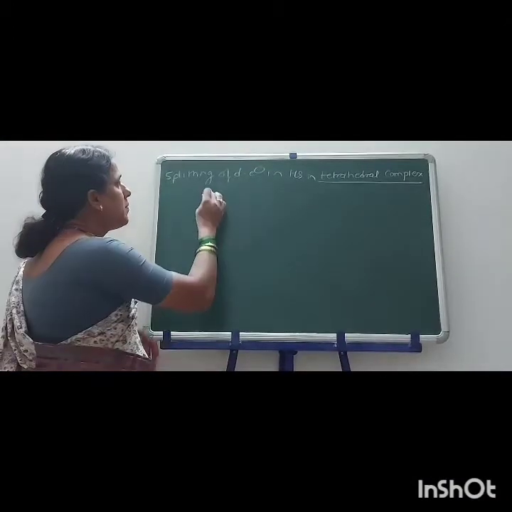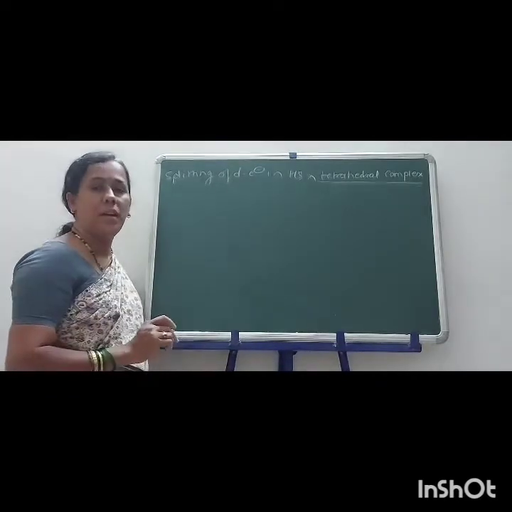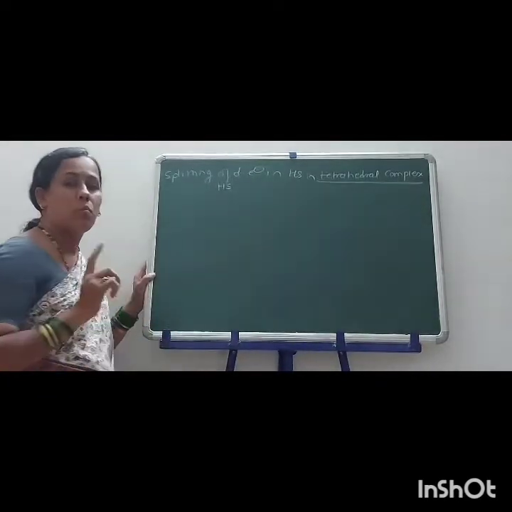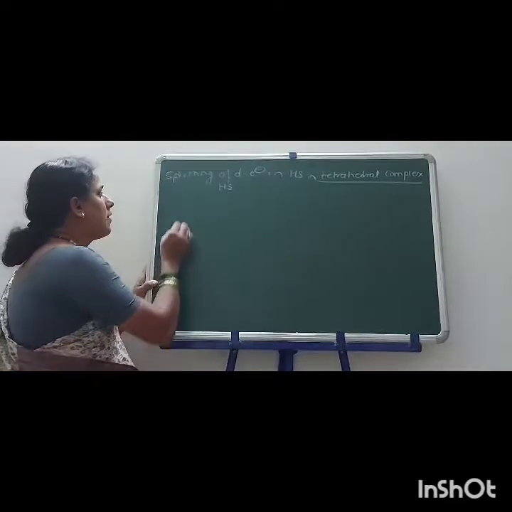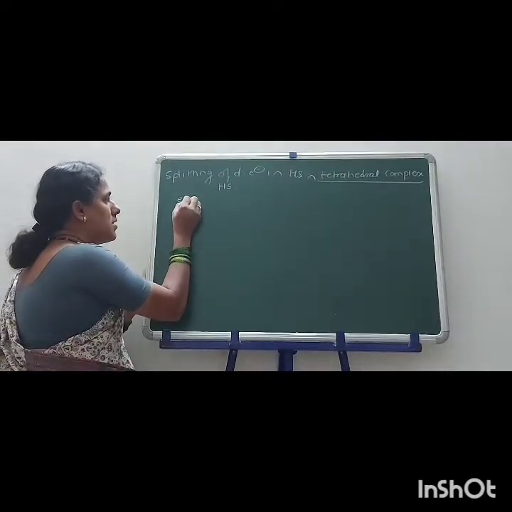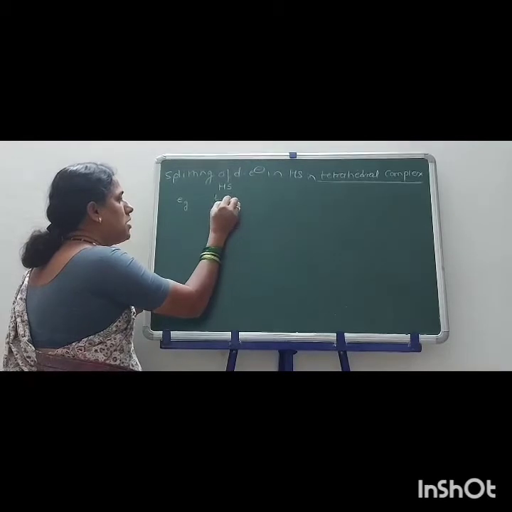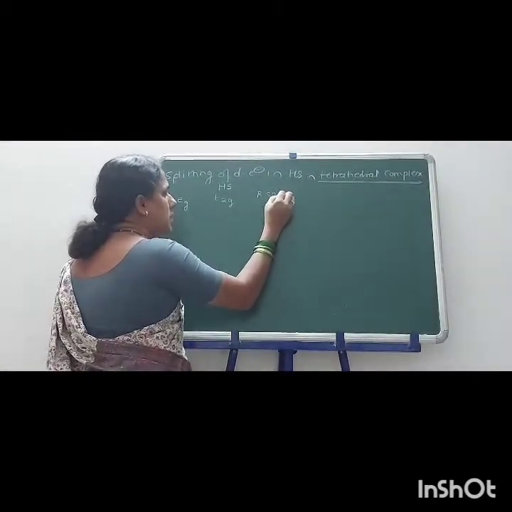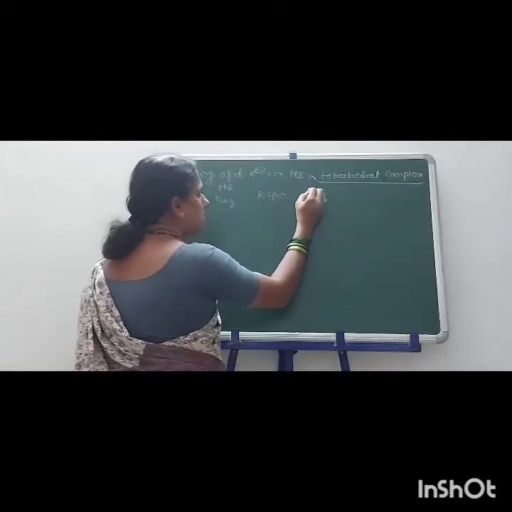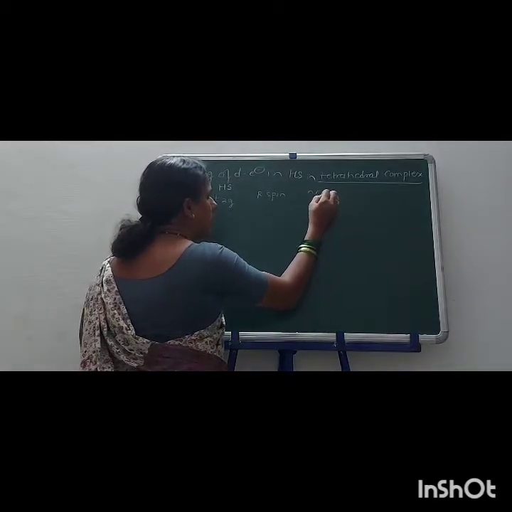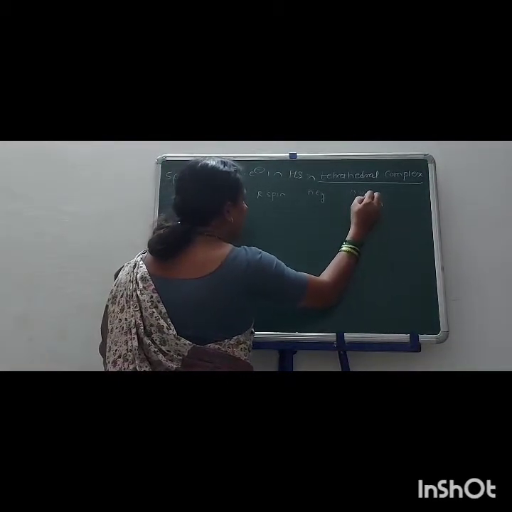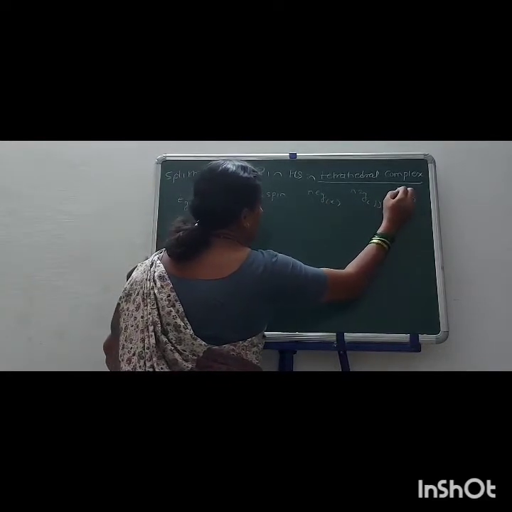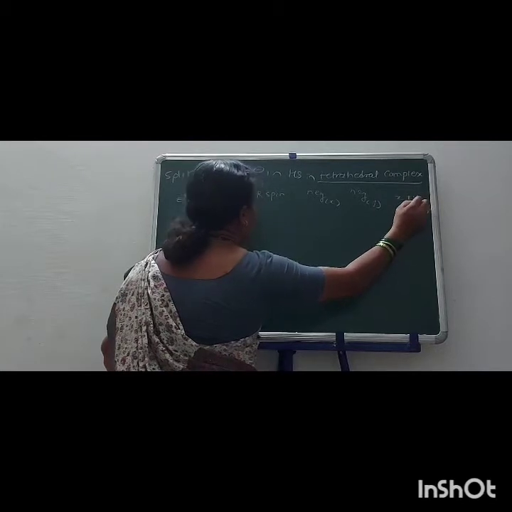Now we will see the splitting of d electrons in tetrahedral complex of only high spin. In high spin, which orbital is taken as the first? That is equal to EG orbitals. EG, then T2G, then resultant spin. Number of unpaired electrons: N of EG is X, N of T2G is Y, and here X plus Y.